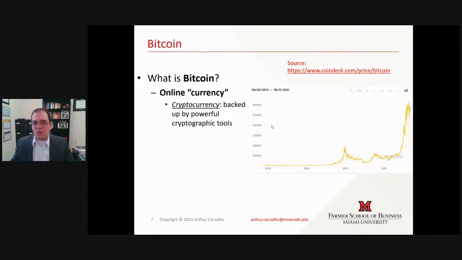All right, so this is the first one. If you see "currency", I have the quotation marks before and after, because it depends who you ask. Some people will tell you, yes, Bitcoin is currency. Others will tell you, no, it is not. It's actually a commodity. Others will tell you it's actually property. So we will not get into that discussion here today. But what I want to say is there's not really consensus on what Bitcoin is in terms of these terms